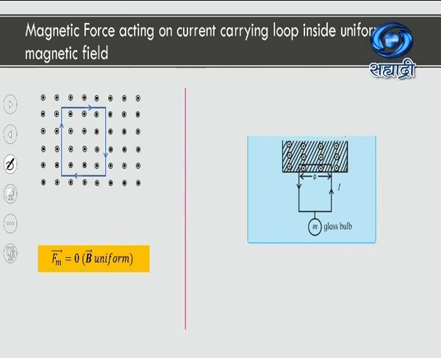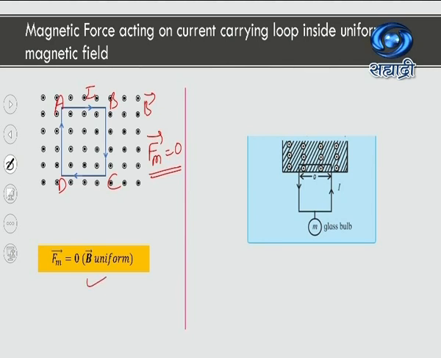Let us continue with the same concept and add a certain unique situation to the previous concept. Magnetic force acting on a current carrying loop inside a uniform magnetic field. Same thing, but I want you to be aware of certain things. Remember, in this article what we have studied, we had a loop A, B, C, D, A carrying current I within the magnetic field. The net magnetic force Fm was equal to 0. Am I right? Why? Because the whole loop was inside the magnetic field, and I have given that in my conclusion here.